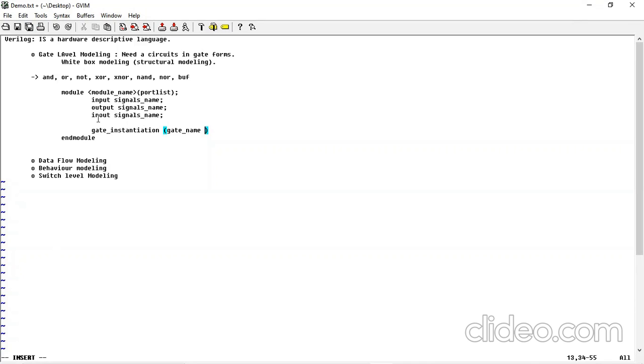So suppose you are calling your XOR gate two times, it will get confused, right? For which XOR gate are you telling about? So you have to give an instantiation name here, right? Instantiation name. Okay. And after that,